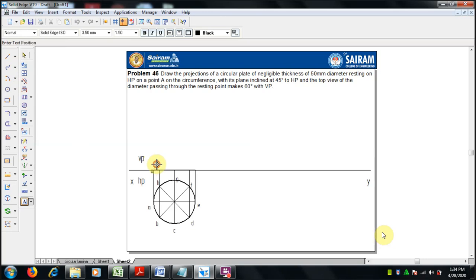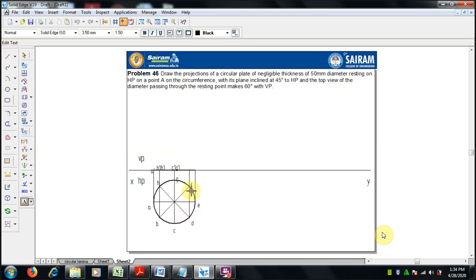When we are seeing from the front view, I can see the A as A dash, B is visible, and H is hidden, so put it in bracket. C is visible, so C dash, and G is hidden, so G dash in bracket.